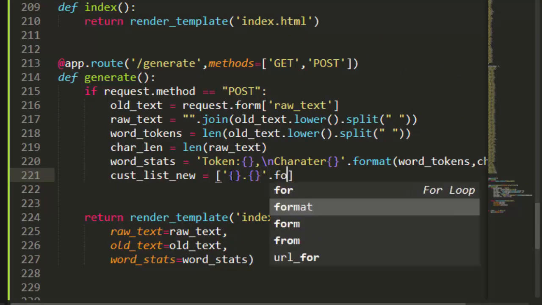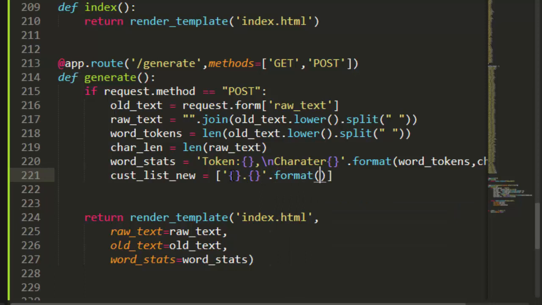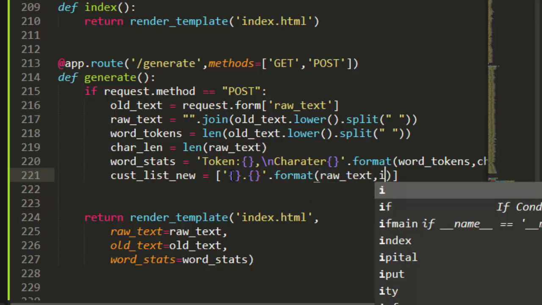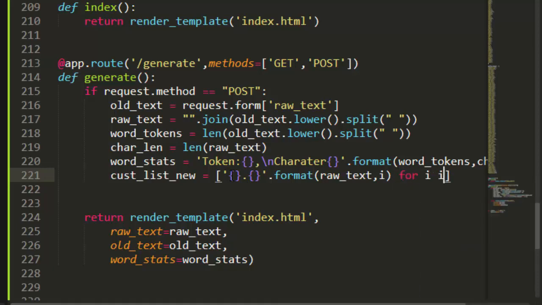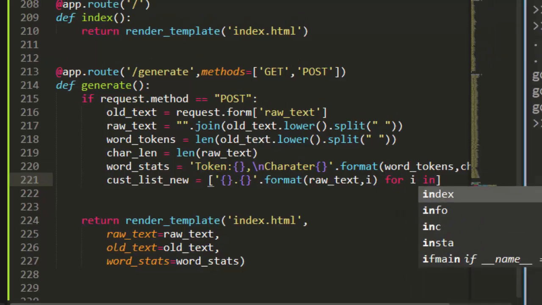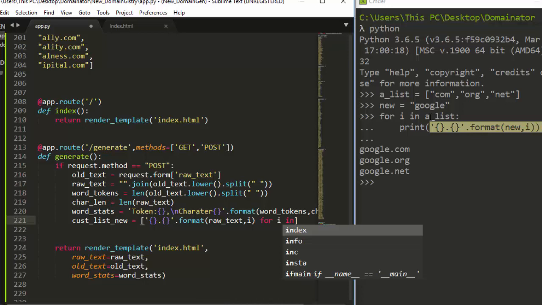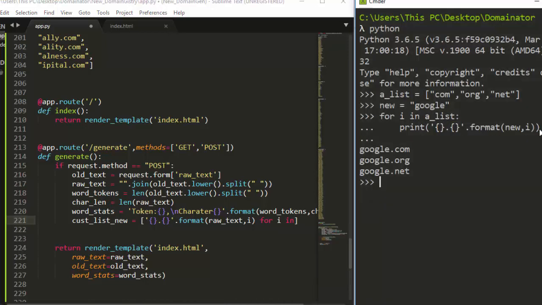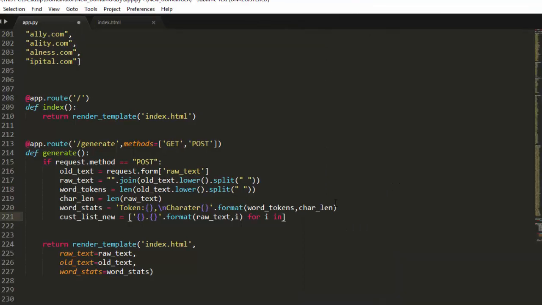In this format, I'm going to pass in my hot text and then the i. It's going to be for i in, just like we had here. So for i in a list. This is going to be the list that will be changing. These things are going to be the same, but this is what will be changing over and over. So for i in